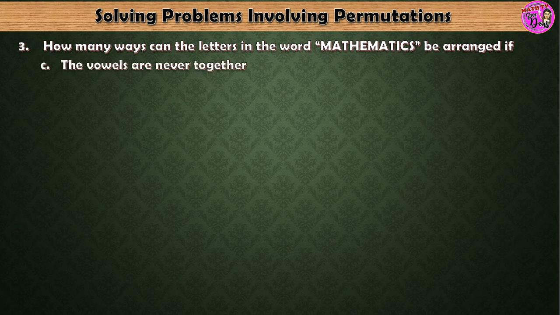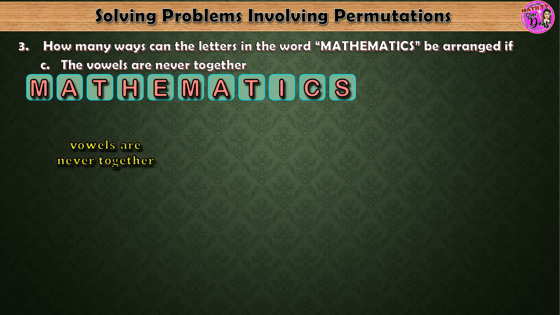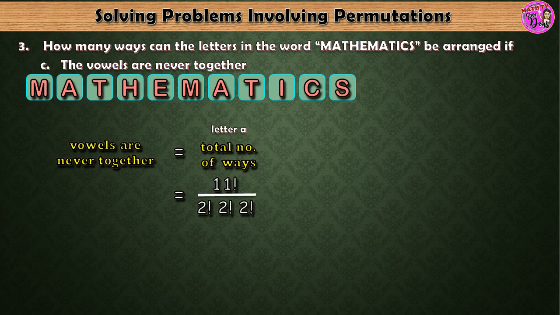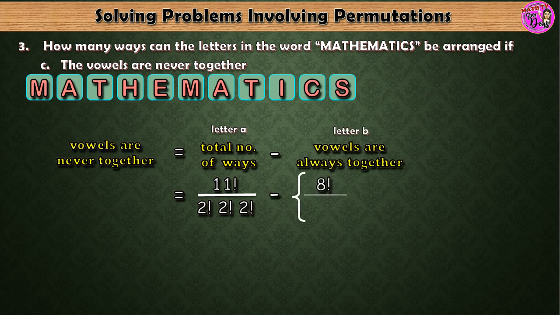That's letter C. Vowels are never together equals the total number of ways we can arrange the letters without restrictions. We already solved it. That's the question in letter A. Minus the vowels are always together. We already solved that too. That's the question in letter B. Plug in the value we have